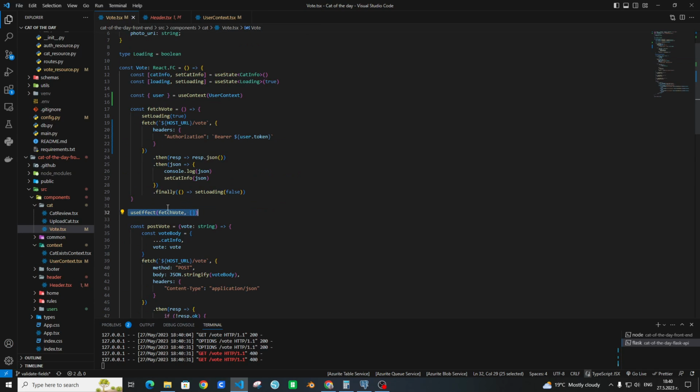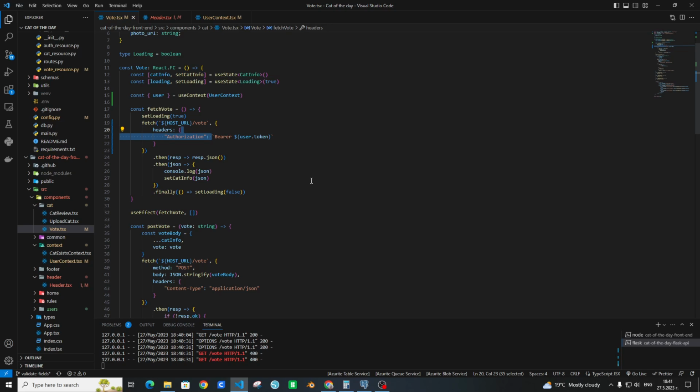When I trigger this use effect, I'm calling this function to fetch the vote. In that situation, the token is not set up. The user is an empty object and the token is undefined. So I'm sending undefined, and for that we have that problem.